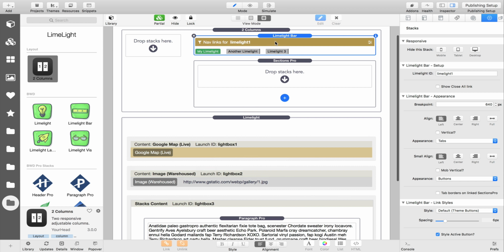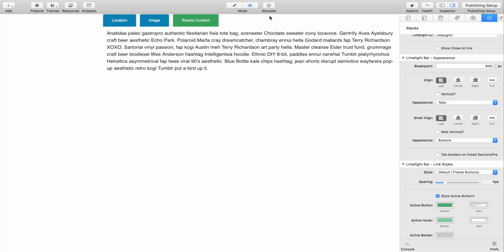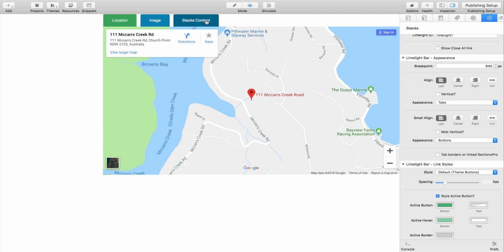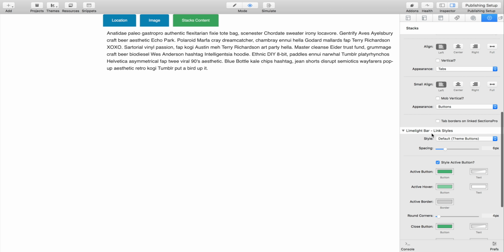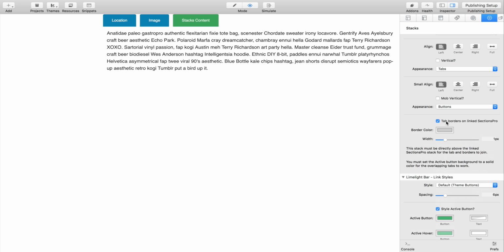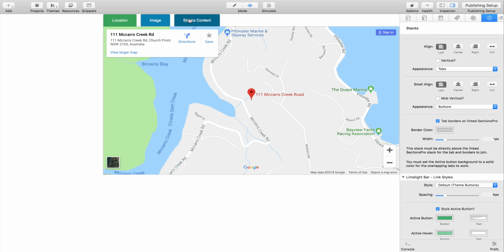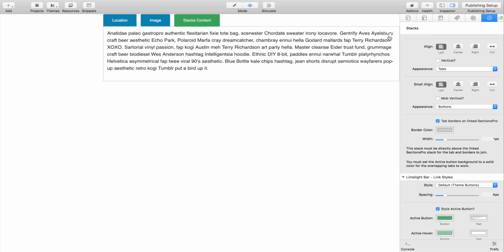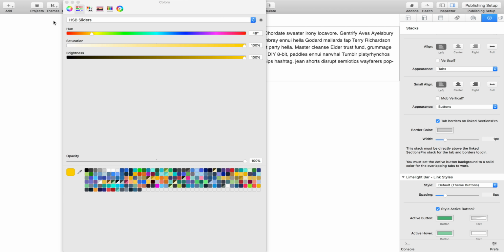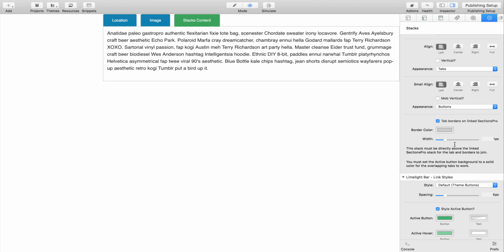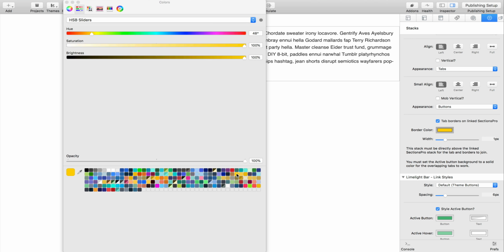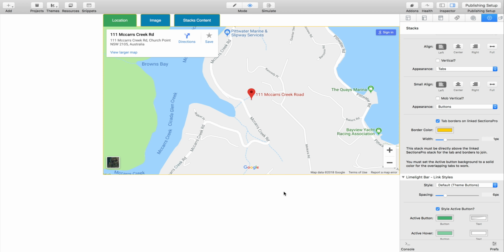What else can we do with the bar stack? Well, we can make it look a bit more like tabs. Let's go back to our preview, and let's just go to the stacks content. I'll show you why. We can turn this into something that looks very much like a set of tabs just by clicking this one tab borders on section. Okay, so now that has added a border around the section and a border around the tabs. If I make the border color something garish, I missed that yellow. Okay, so now you can see that the border follows under the inactive tabs,